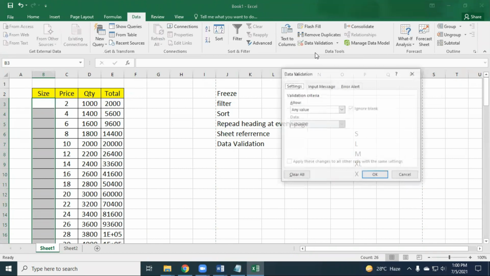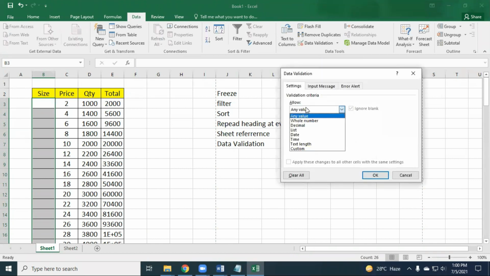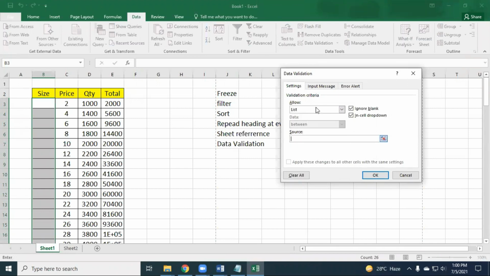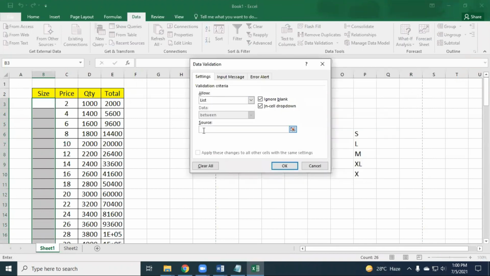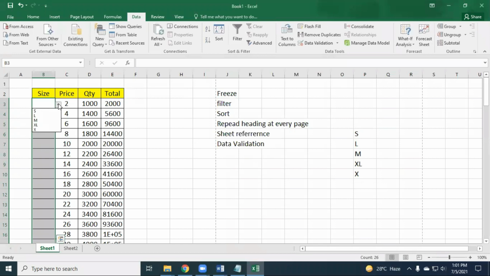From Allow, you have to select List. Source means from where you would like to bring the values. Just select all the records, then click the cursor in the source box, select all the records, then OK.